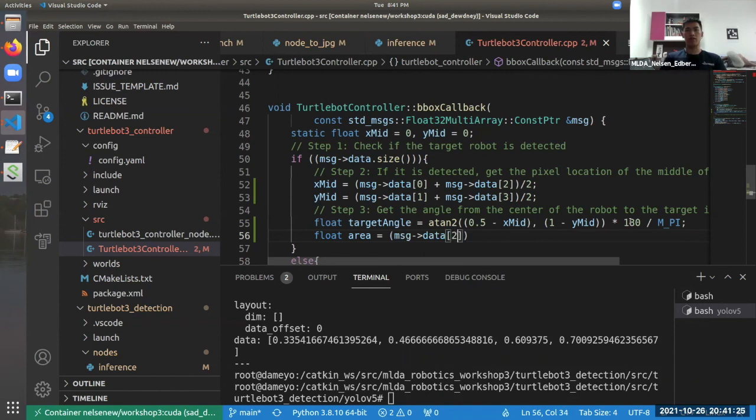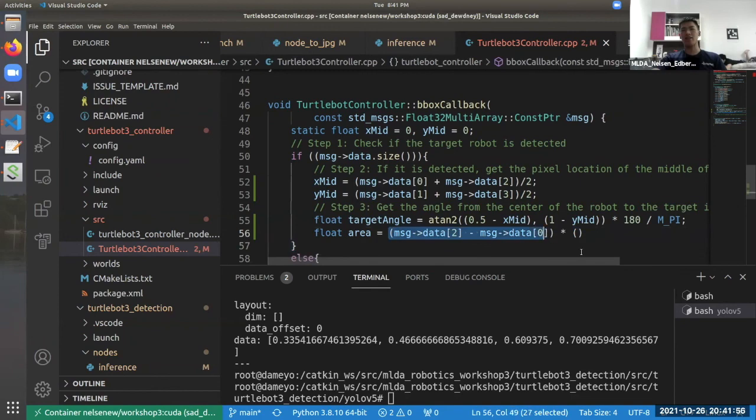So we need to set it here. The area should be the difference in y multiplied by the difference in x. The reason we don't need to take care of the sign, like bottom minus the top one, is that if both of them are negative, they cancel out each other. So let's say we get a negative delta y here, a negative value. This one is also